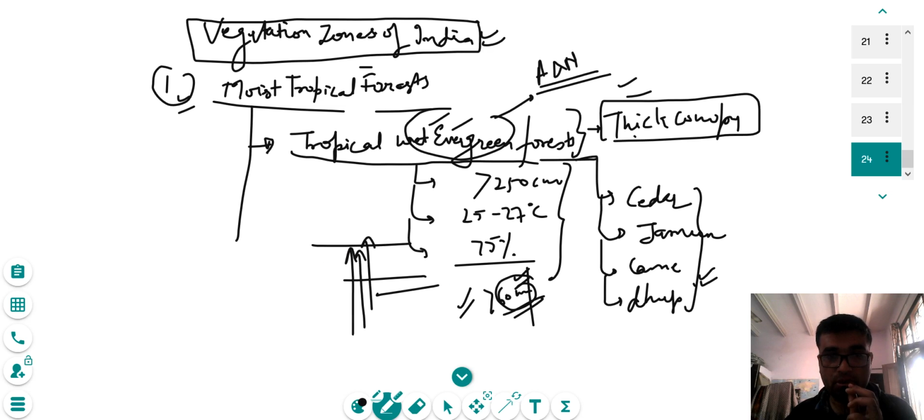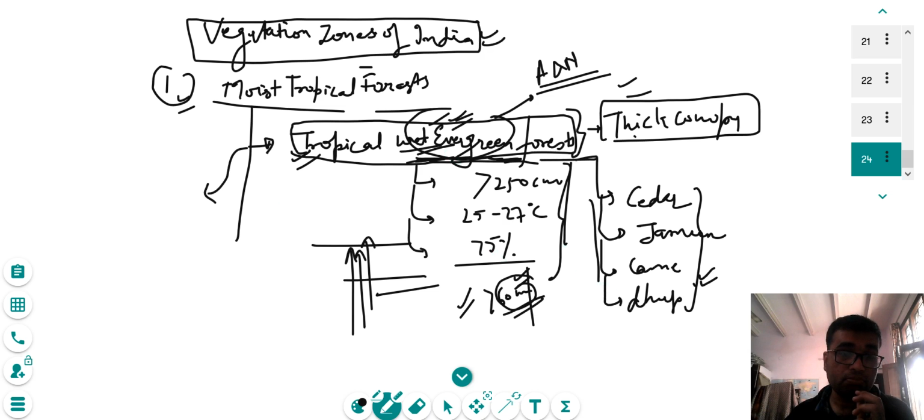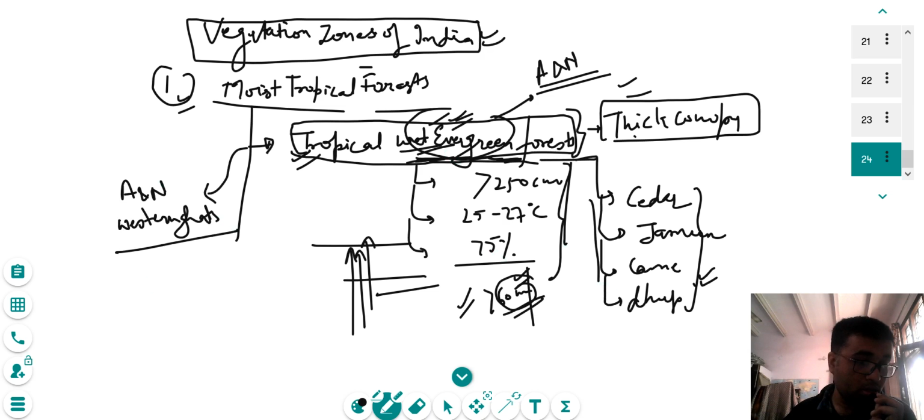This is the tropical wet evergreen forest, mostly found in evergreen forests like in the Amazon or in Papua New Guinea or in the Malaysian forest also. The same kind of forests are found. So this is the tropical wet evergreen forest. This is the condition. These are the trees. The areas where they are found are in the Western Ghats, south of Mumbai. So the main areas are Andaman and Nicobar, Western Ghats, particularly in Karnataka and Kerala,